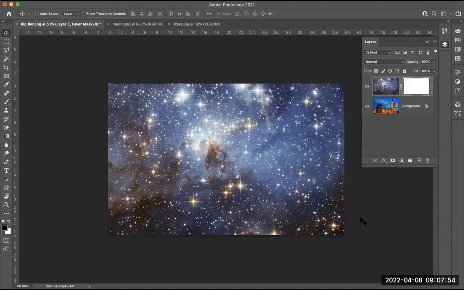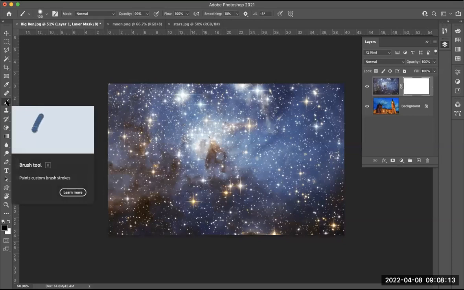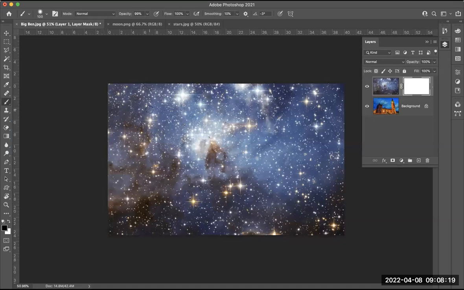You're going to make sure that your foreground color over here in your toolbox is set to black. Because remember, black hides or paints out part of your image, and then white will paint it back in or reveal it. Okay, so I'm going to go to my Brush tool, B on the keyboard if you want to use the keyboard shortcuts, and then you're going to come over here into your